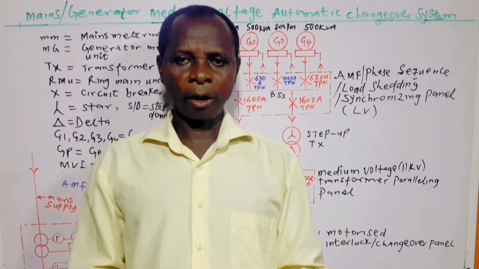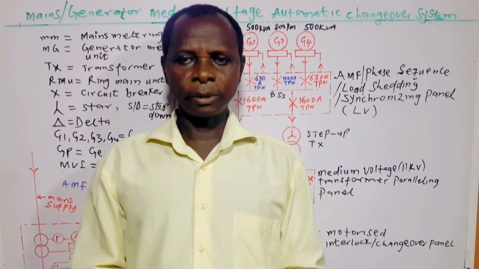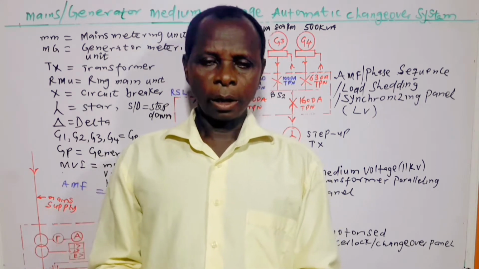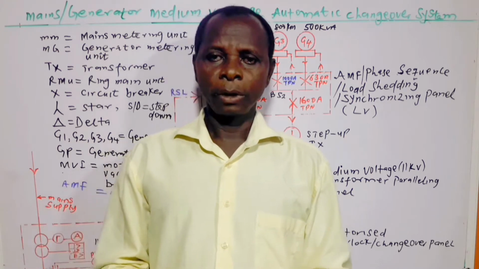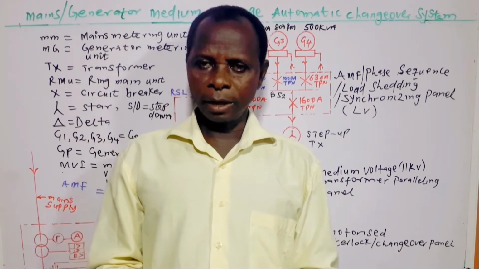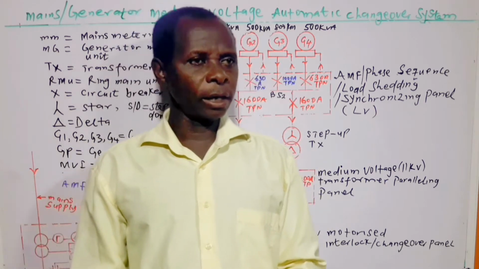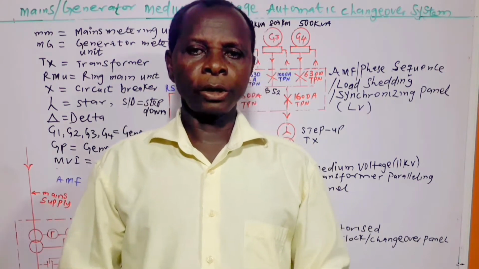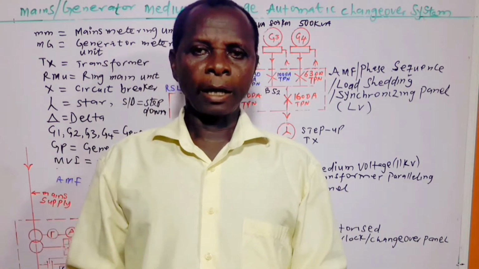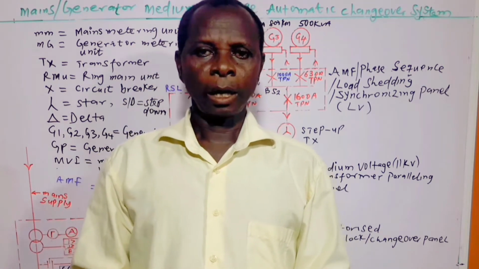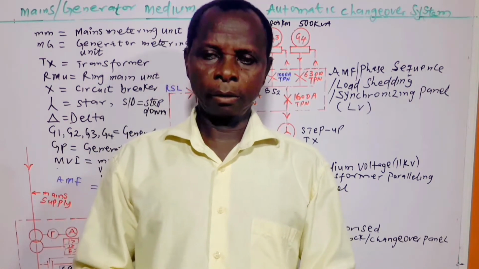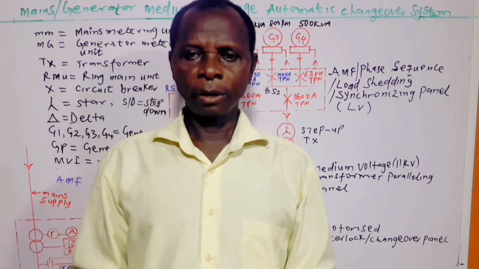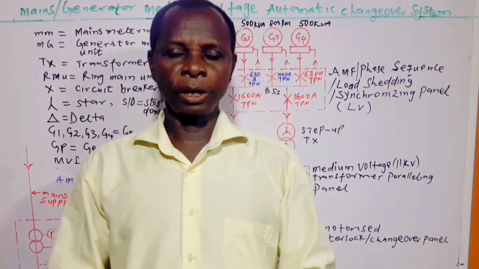Another fact is that when the design current or the design power at low voltage is more than 3,200 amps triple phase with neutral, that is equivalent to a power of 2.2 MVA. So when the design current exceeds 3,200 ampere, and that is the current rating of the highest or the biggest